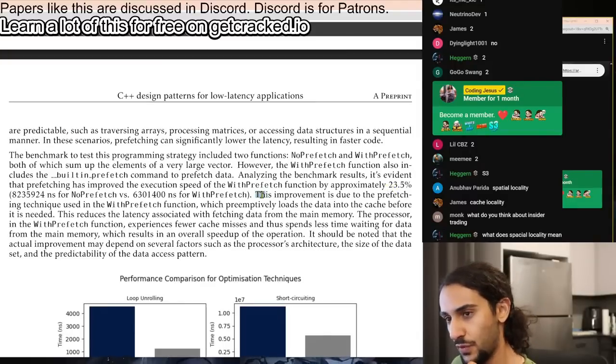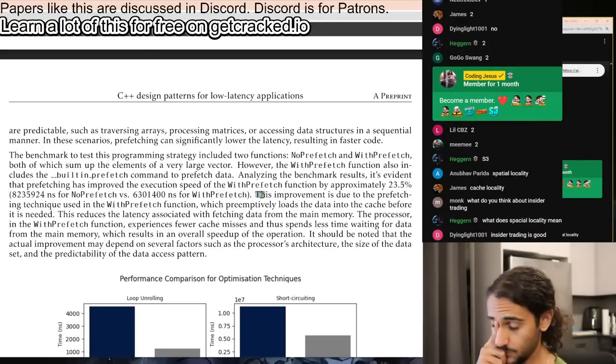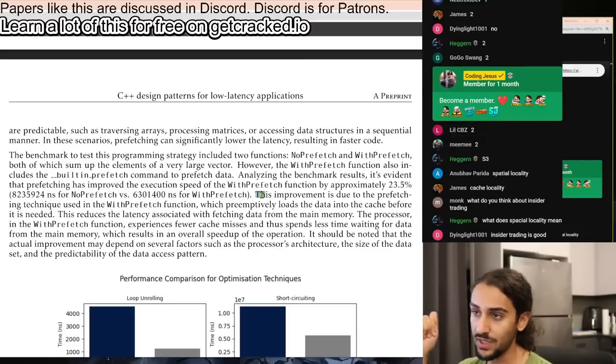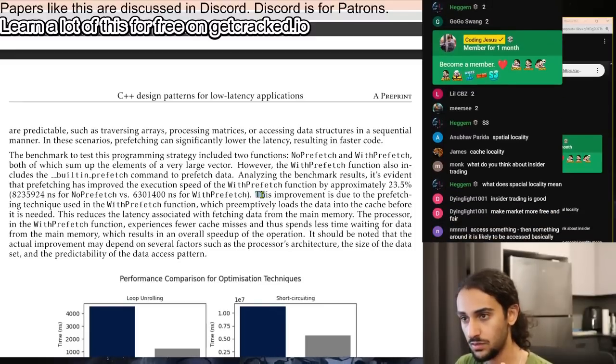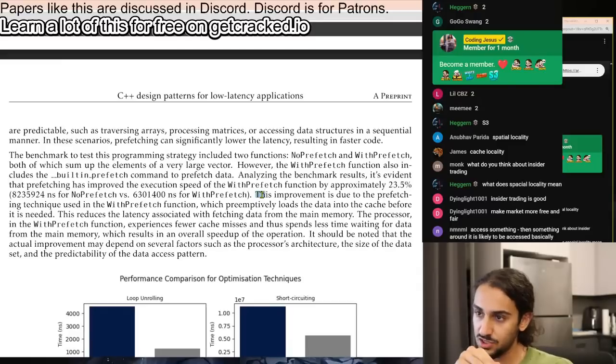Spatial locality refers to the concept of data that's related to each other being close to each other. Let me give you an example, right? Let's say you have a CD reader and the song is 4 minutes and you're on minute 1. Does it make sense to put minute 1, second 1 data beside minute 1 or somewhere else on the disk that's further away? Right? Minute 1 and 1 second, minute 1 and 2 seconds, minute 1 and 3 seconds. That data is very close to each other, if not literally contiguous to each other.